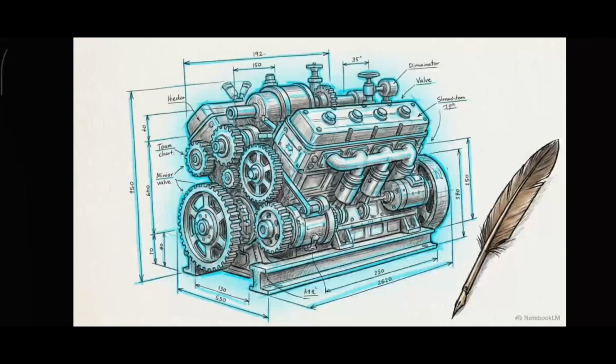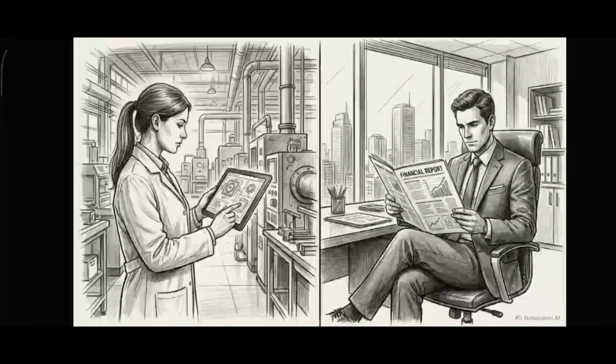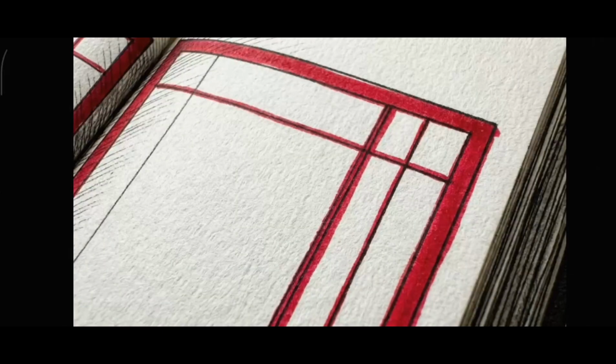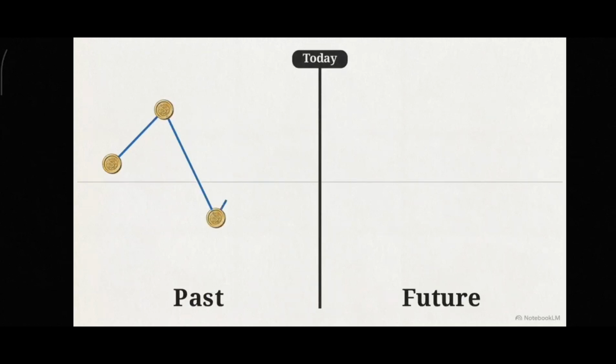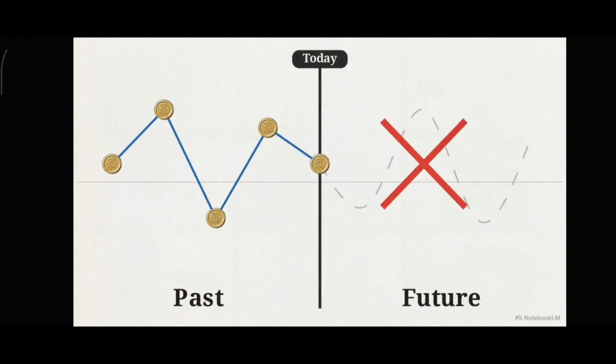The elegance of the system lies here. A singular translation engine produces the precise data required to satisfy the drastically different needs of both insiders and outsiders. But the system does have strict limitations. Standard financial accounting is inherently backward-looking, and it only processes events that can be quantified in cash.